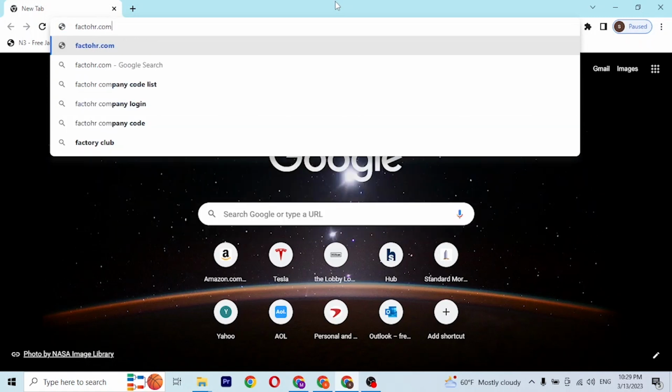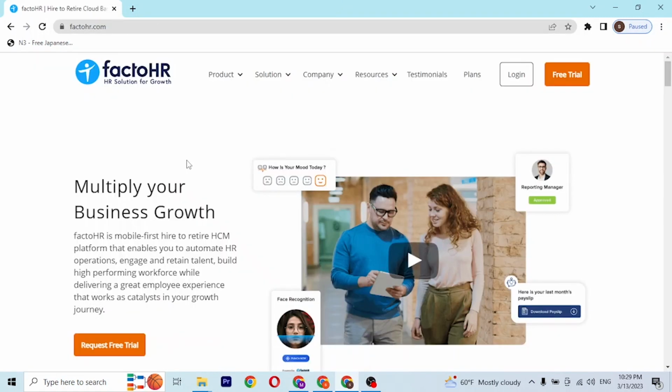factohr.com like this and hit enter, and then you'll be directed to the home page of FactoHR, where you can see the login button available at the top right corner of the screen. Click on login like this,